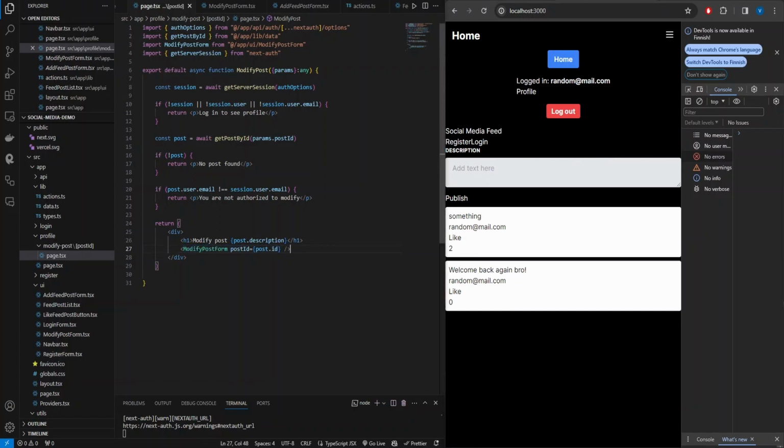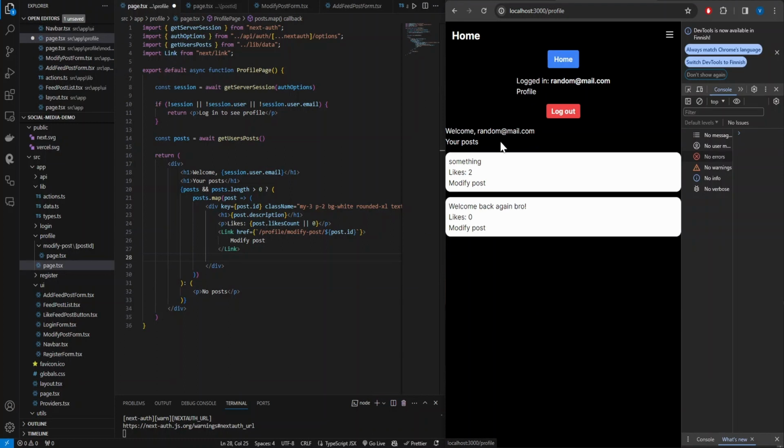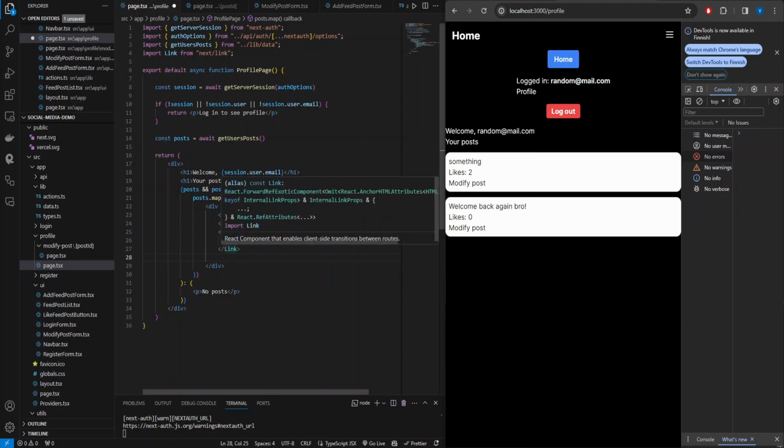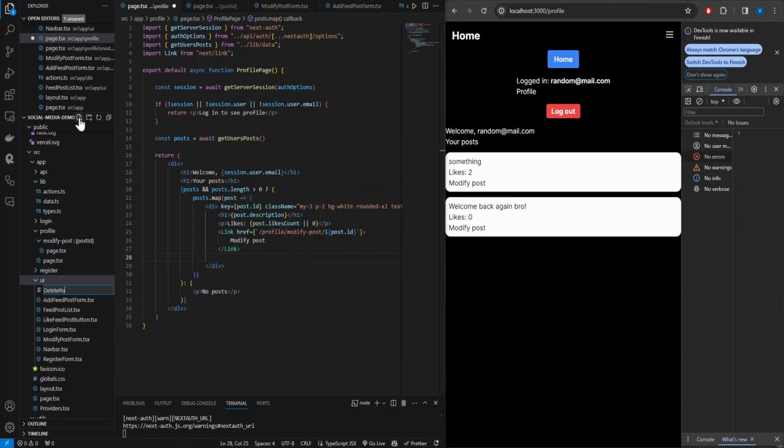Now we of course want to implement the deleting functionality as well. And to do that, we need to go here into our profile again. So right here, and inside our profile, we need to provide a button. So this is basically here in our profile. And we need to define a button for deleting each of these posts. And to do that, we need to go here into our UI folder and delete post